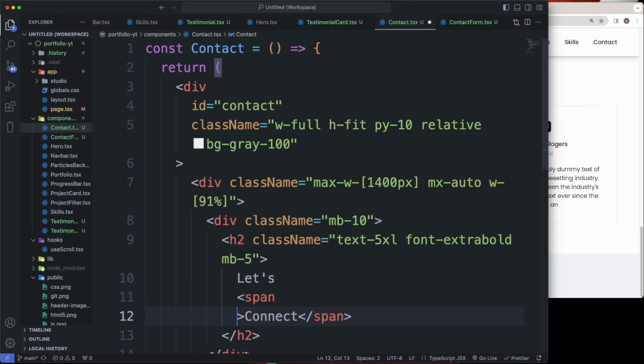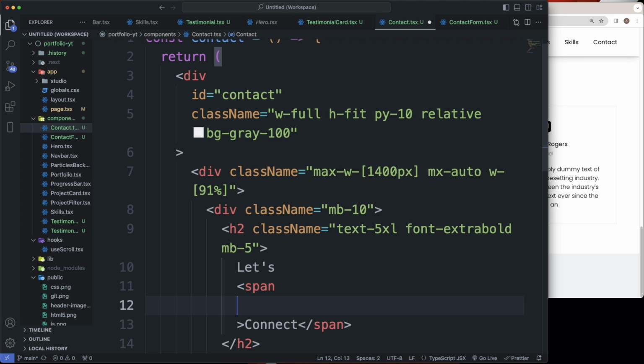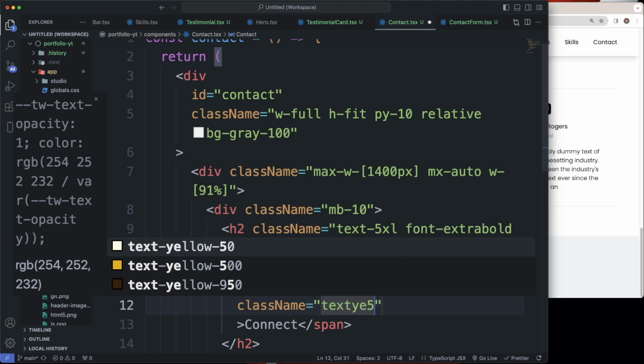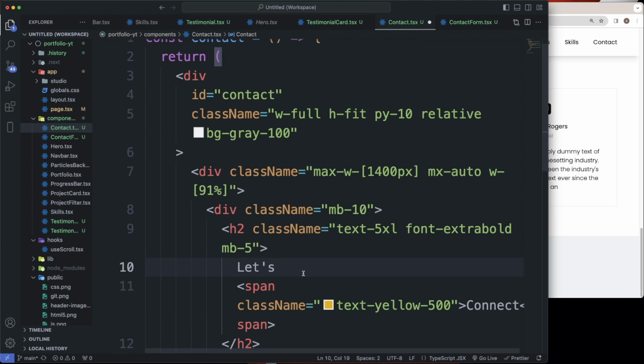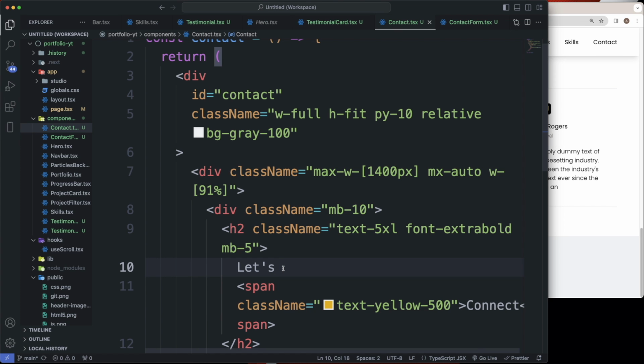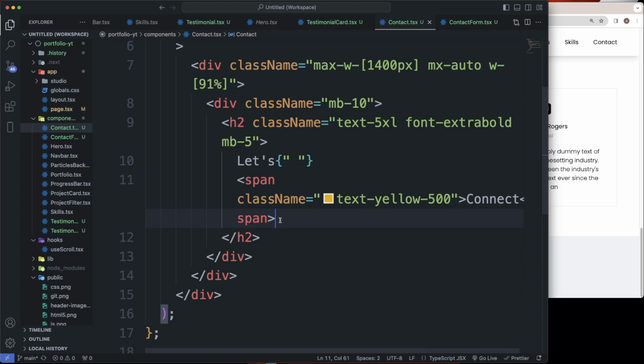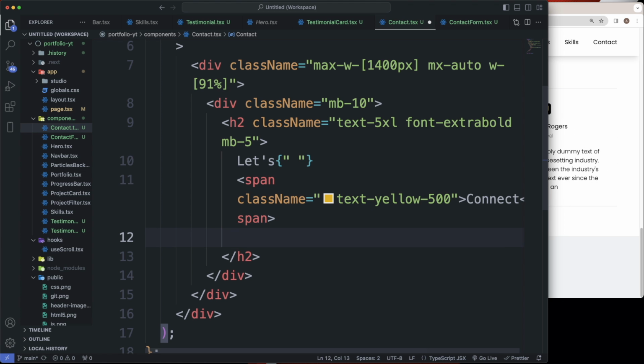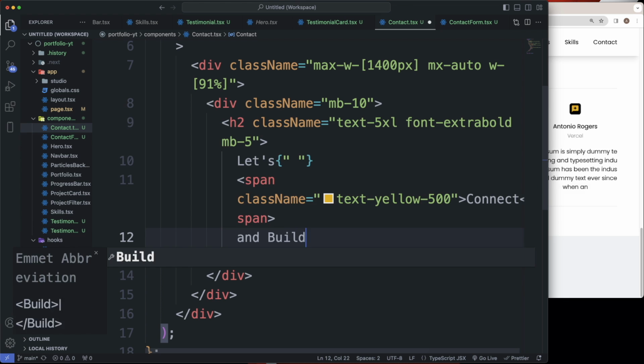And the span is gonna have a class name of text yellow 500. All right, so I want a space here. So to add a space, I believe you just got to do brackets and do quotes like that and add a space. All right, perfect. So let's connect,